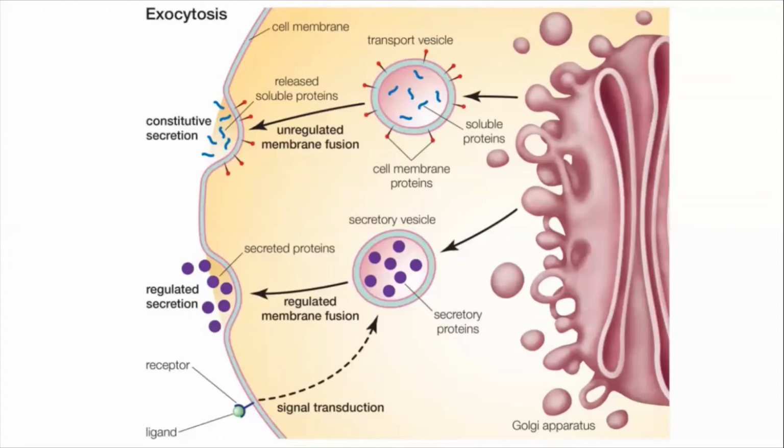Neurotransmitter. Yes. Albumin. Yes, albumin is also there. Correct. Many are there. For example, there are many proteins like